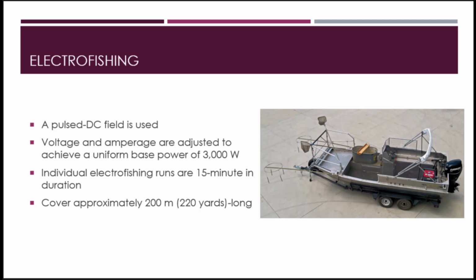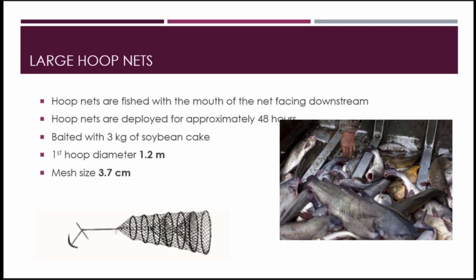Electrofishing is standardized according to LTRM protocols. It's a pulse DC, power goal at about 3,000 watts. Each run is about 15 minutes and covers approximately 200 meters. Large hoop nets are fished with the mouth of the net facing downstream. The first hoop is 1.2 meters, and the mesh size is 3.8 centimeters, and these are all baited with soybean